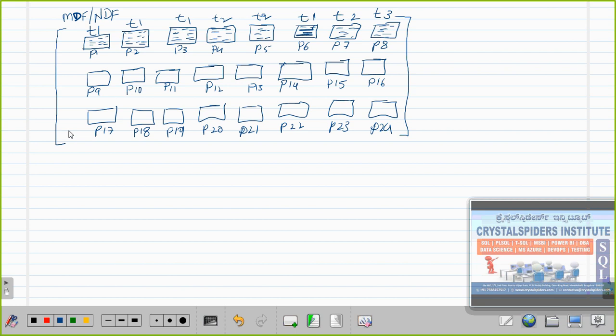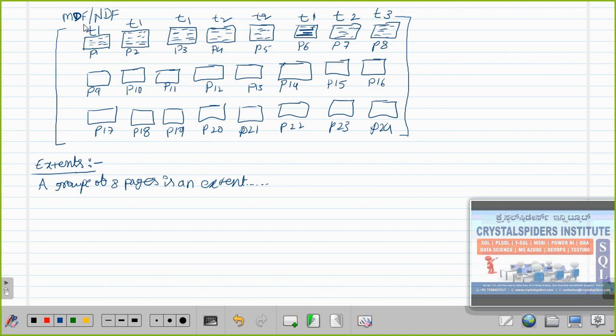And one more thing here, we have to understand the extents. Now we understand the page, and we'll talk more and more about pages again in the next 2 or 3 days of classes. Today we are going to see extents. What is this extent here? An extent is nothing but a set of 8 pages, a group of 8 pages. We are going to call it an extent.